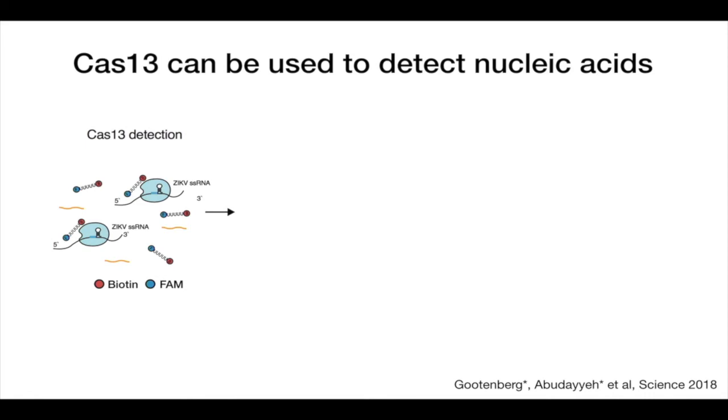But in addition to providing the guide RNA, we can also put in a reporter RNA that has two moieties on the two ends. And this can either be a biotin or a FAM molecule on the other end. So if the Zika virus is present, then the enzyme and guide will recognize the Zika virus, cleave the Zika RNA, but at the same time activate collateral activity and then cleave these reporter RNAs to separate a biotin away from FAM.